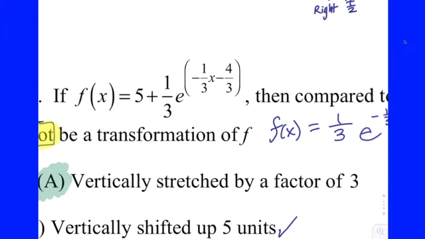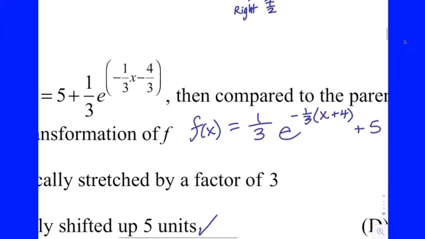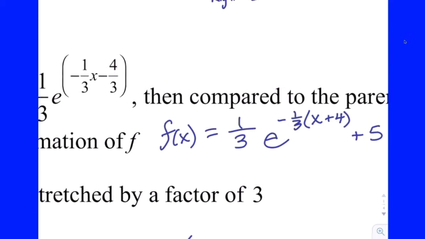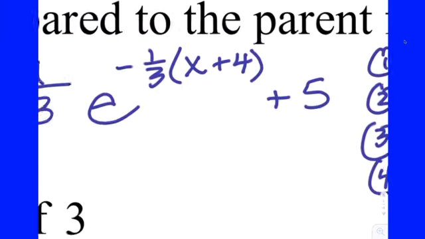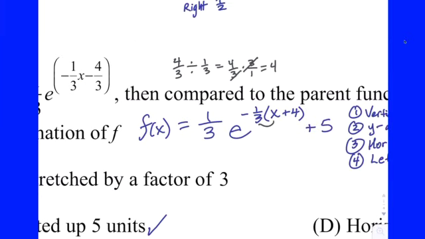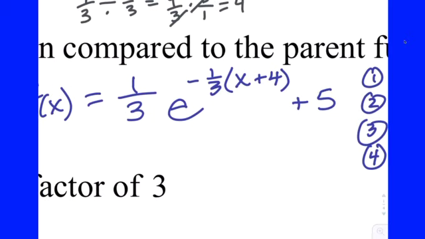The 5 at the front should go at the back, and then on the inside, we have to factor out the negative 1/3. So if you remember, if you have a 4/3 and you're factoring out a 1/3, remember factoring out is the same as dividing out. So what you started with, divided by what you're factoring out, and then you can stay, change, flip. The 3's divide out, and you're left with 4. And of course, it changes the sign because you factored out a negative. And you can always real quickly check by redistributing. You get negative 1/3 x, that looks good, and you're going to get minus 4/3, which is good. All right, so now we have it in standard transformation form.